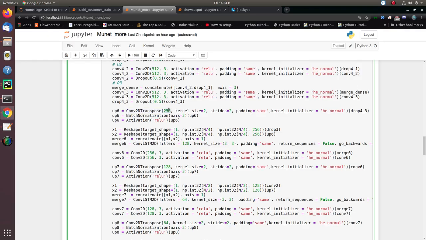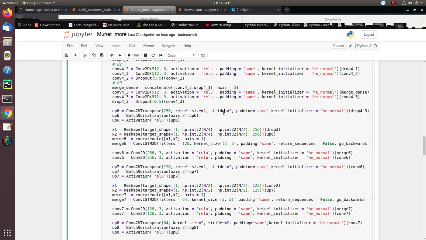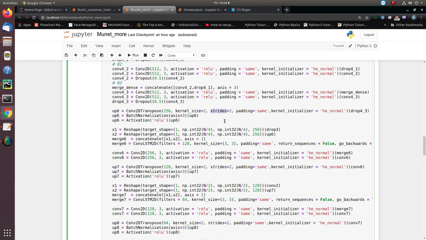256 number of filters, which means the input kernel corresponding to 512 inputs is upsampled from 512 filters into 256 filters. Kernel size 2 and stride 2 means whatever input we are feeding into the convolutional transpose, it upsamples that input and decreases the number of trainable parameters.